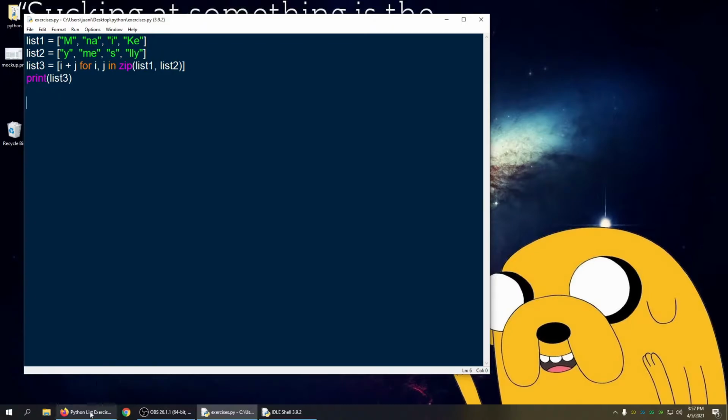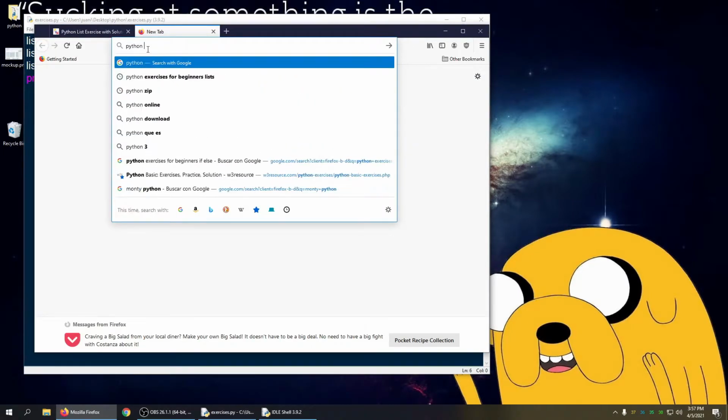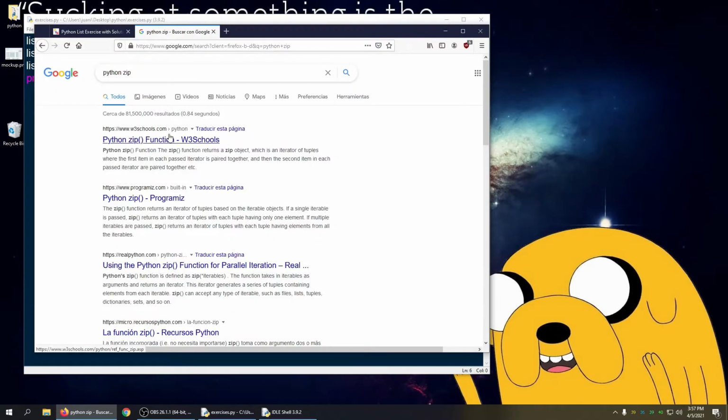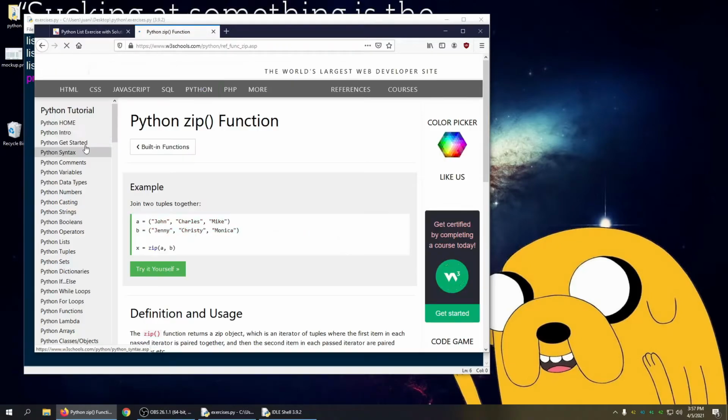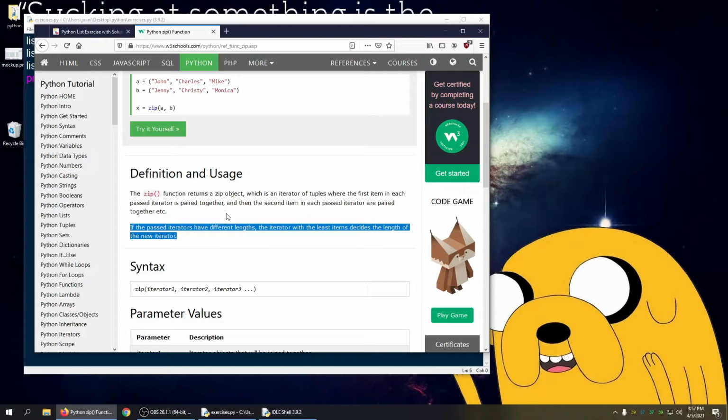What we were doing was finding out what this zip function means. To do that, we were about to Google the term Python zip, and now that the internet is working, we can check it out. Python zip function. The zip function returns a zip object, which is an iterator of tuples where the first item in each passed iterator is paired together. If the passed iterators have different lengths, the iterator with the least items decides the length